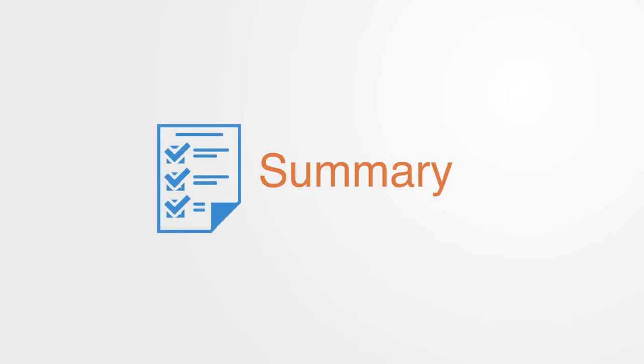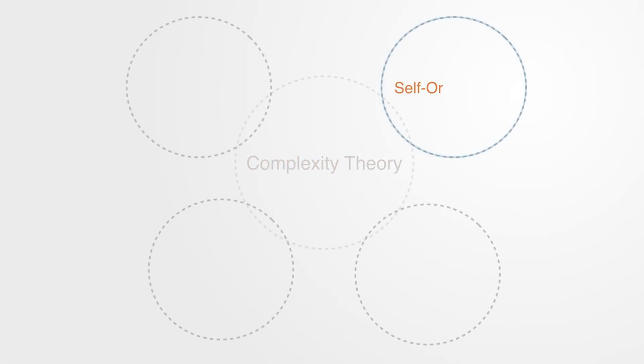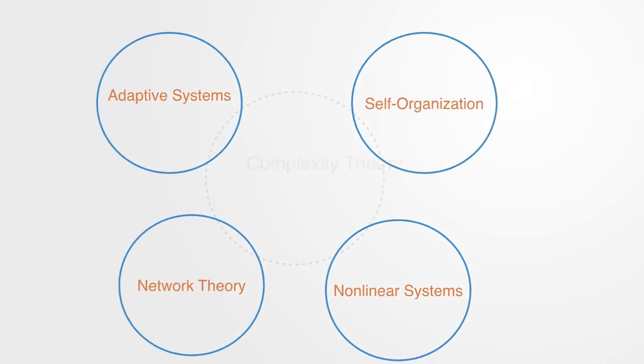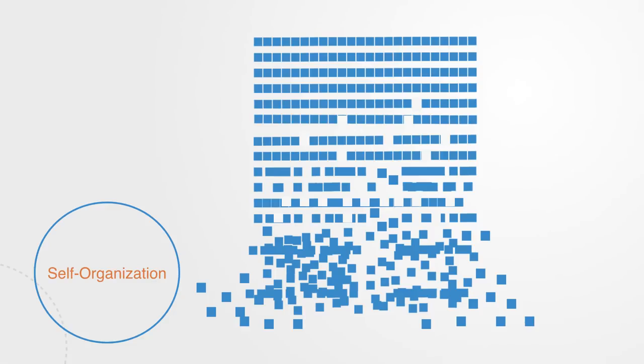To summarize, we have been giving a quick overview to the area of complexity theory, which we defined as a set of theoretical frameworks used for modeling complex systems within a variety of domains. We looked at 4 of the major modeling frameworks that fall under its canopy. We firstly talked about self-organization and how it gives us the tools to understand the process of emergence where global patterns form out of only local interactions.